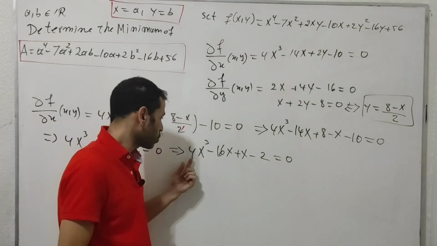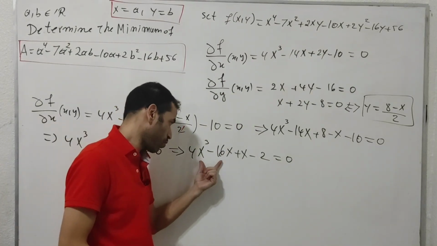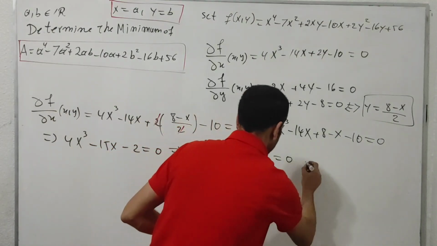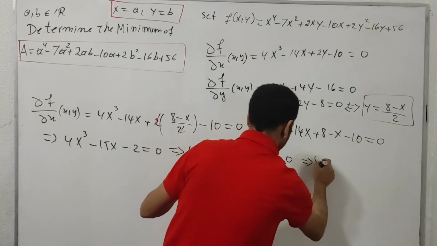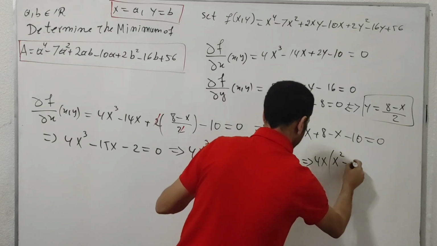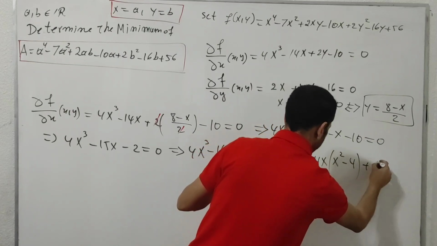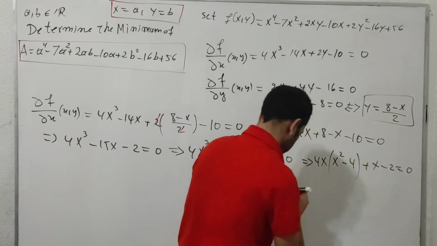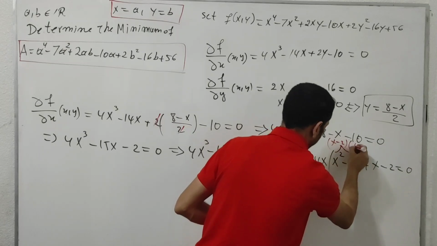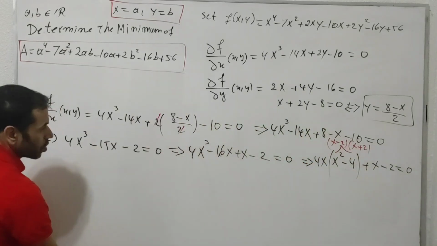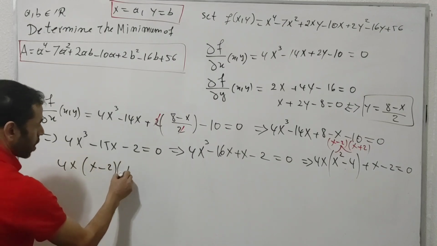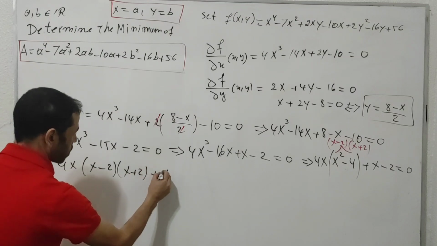Now it's very clear here. I'm going to put 4x as a common factor for the first two terms. Then I'm going to leave x minus 2 as it is, okay. So this one is giving us 4x multiplied by (x squared minus 4) plus x minus 2 equals 0, okay. As you factor this one, it gives us (x minus 2) times (x plus 2), okay. So I will have 4x multiplied by (x minus 2)(x plus 2) plus (x minus 2) equals